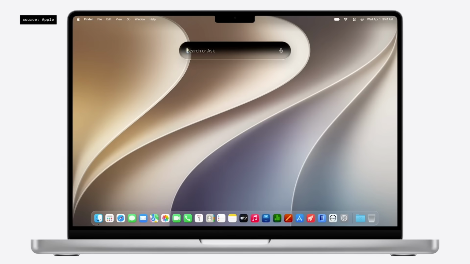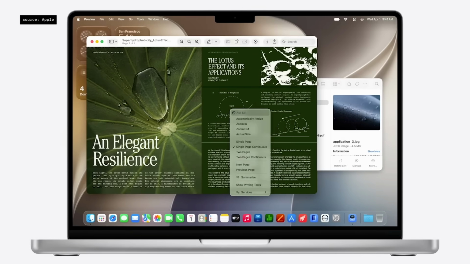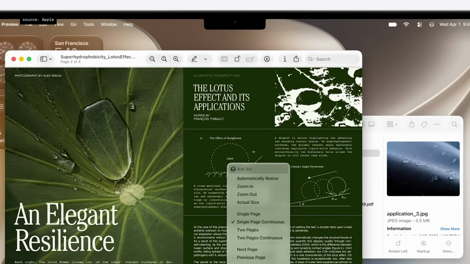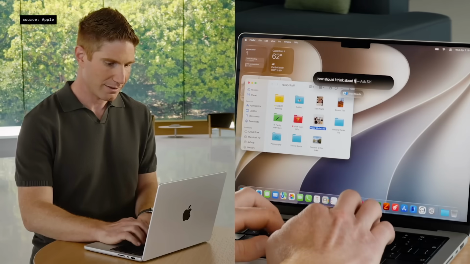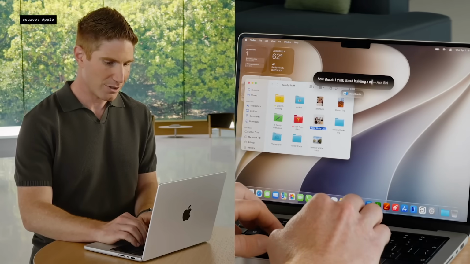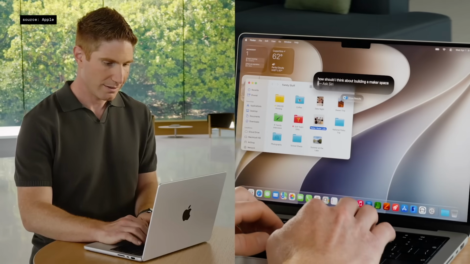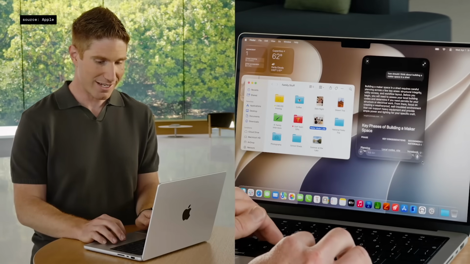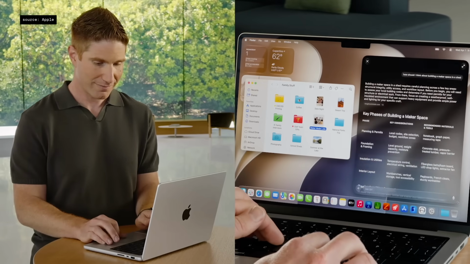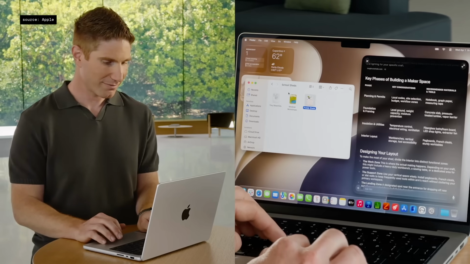Now let's talk about Siri on macOS, because we're integrating Siri into Spotlight. You can also kick off a conversation with system-wide context menus. Just Control-click to ask Siri about images, files, or text. How should I think about building a makerspace in a shed? So I can drag this anywhere and resize it to see more. I can select multiple files,